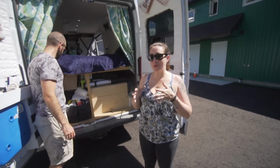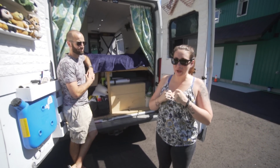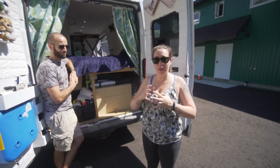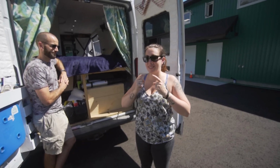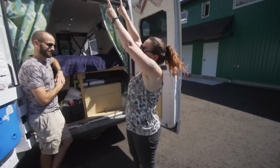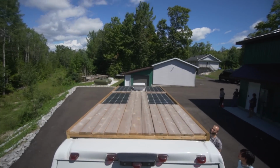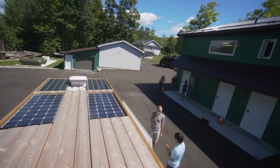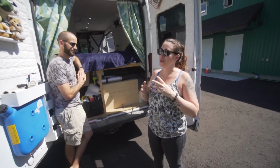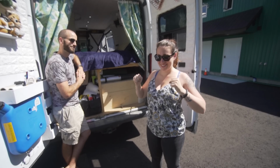And each time we went to parks, we were like, oh, we need a better way to observe without being seen or annoying the animals. So we decided that the best way would be to go on the roof. So we added a few weeks ago a deck over there, and we actually have been able to use it for wild...